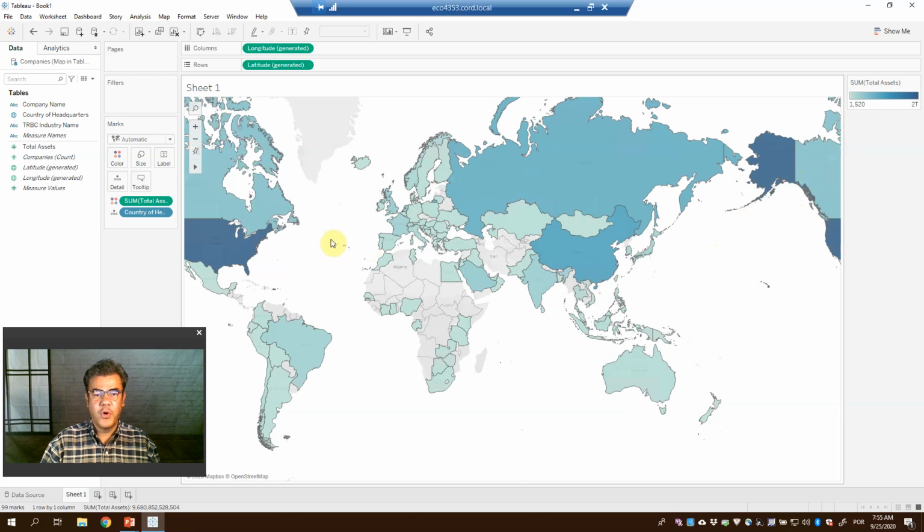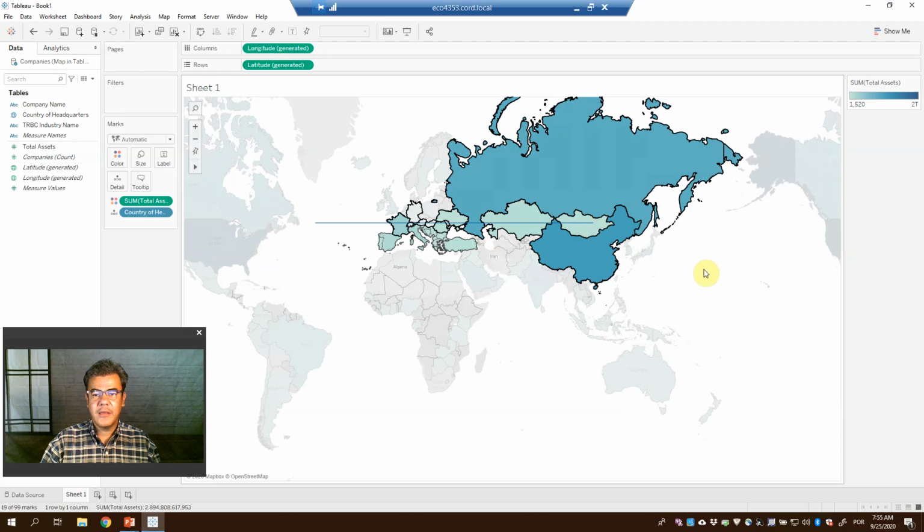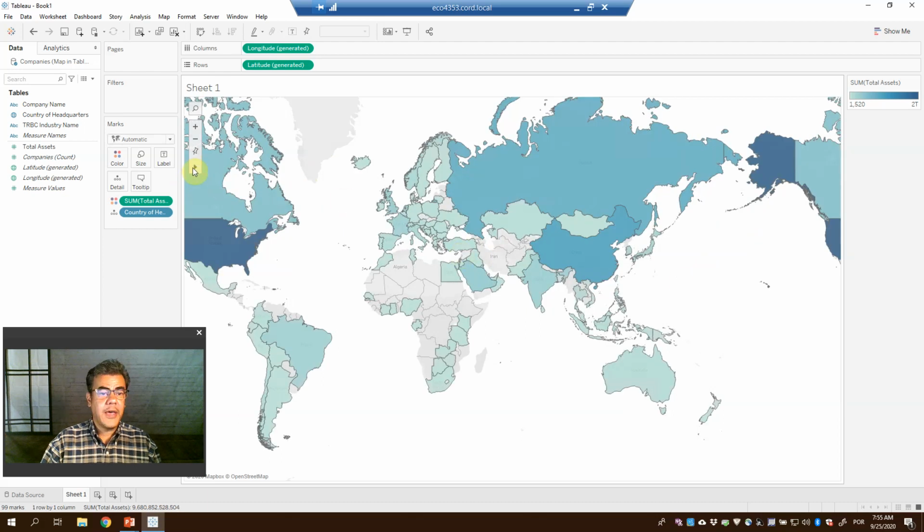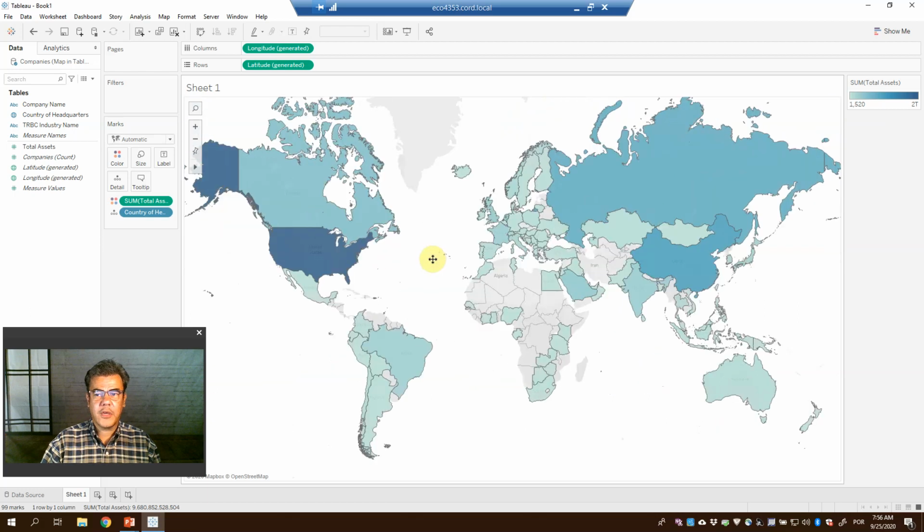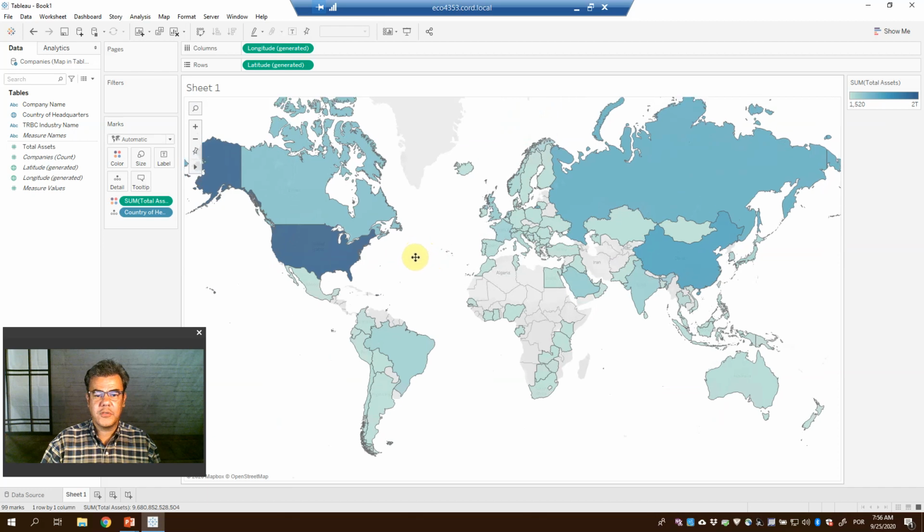How do we move it? If we take it here and move it, it will not work. How do we do that? On this arrow here and this cross, and then we can move. So, okay, this is our